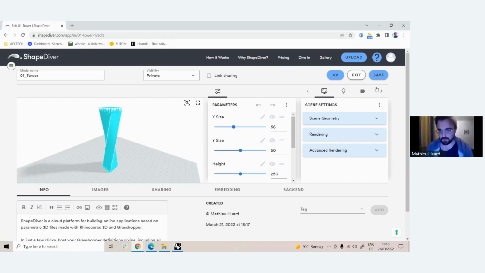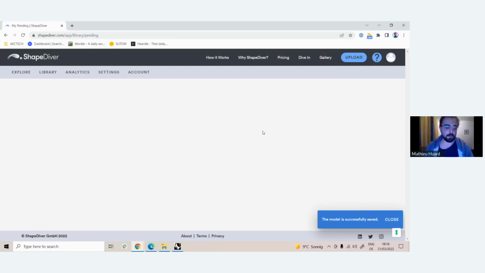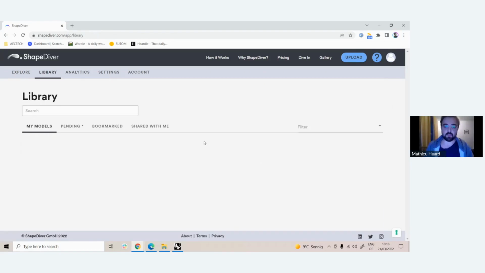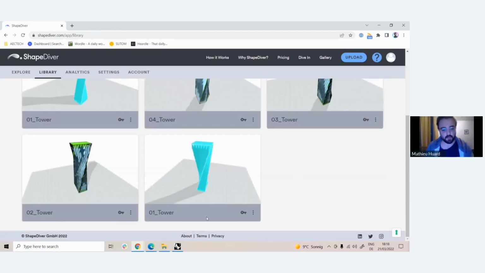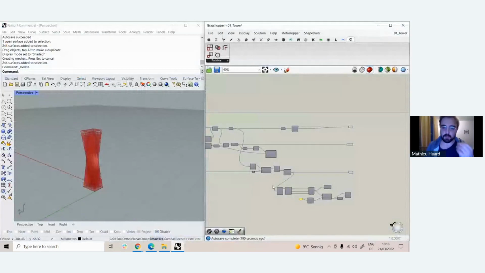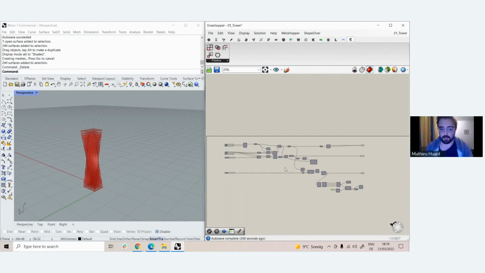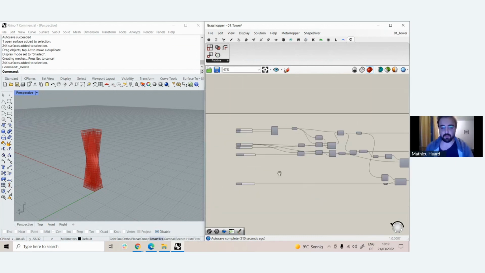Of course, you can play with settings, save your model and publish it on the platform. But now you might want to curate a bit more what is visualized and how the interface looks on the platform. And that's where we can start using some components of the ShapeDiver plugin, but also some new ways to organize the definition that we process now on the new platform. So the first thing you might want to do is to